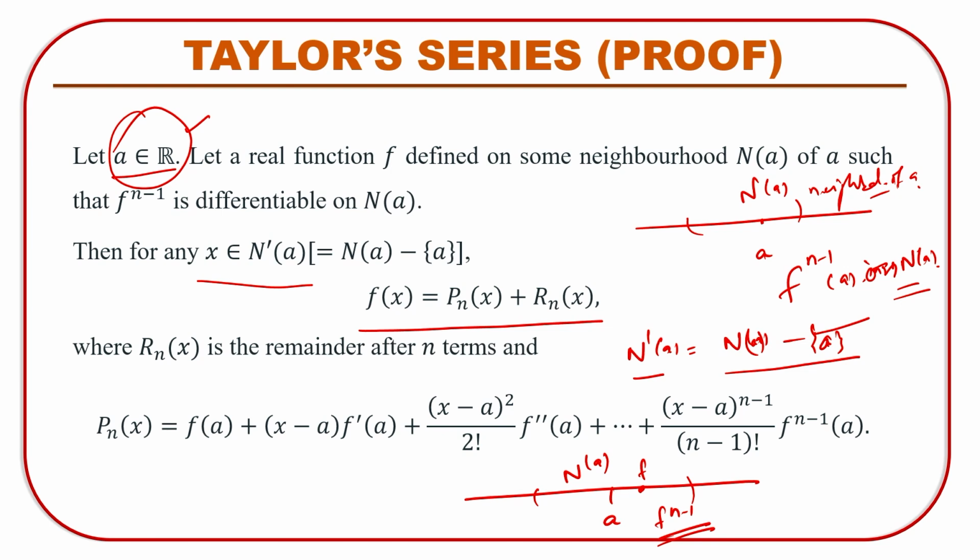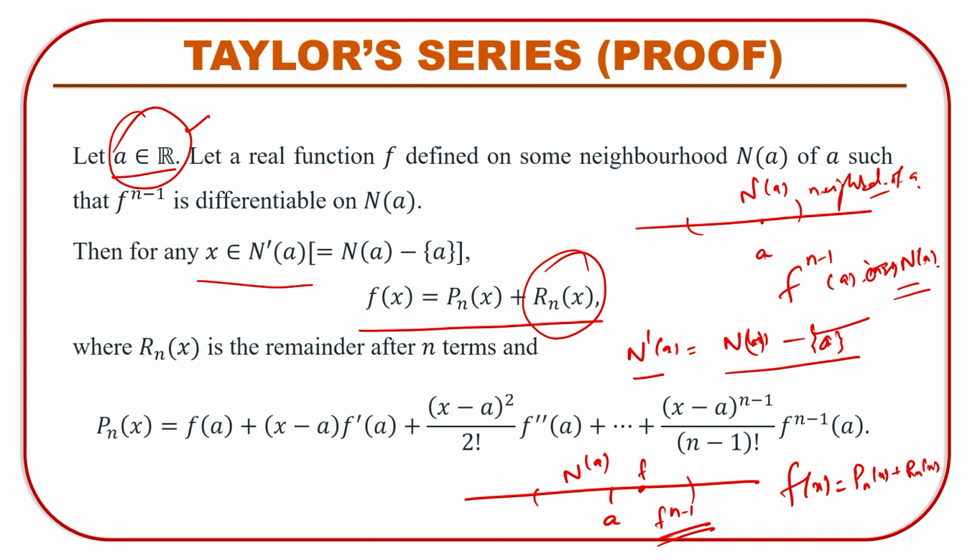You can approximate this function as the sum Pn(x) plus Rn(x), where Rn(x) is the remainder term after n terms,